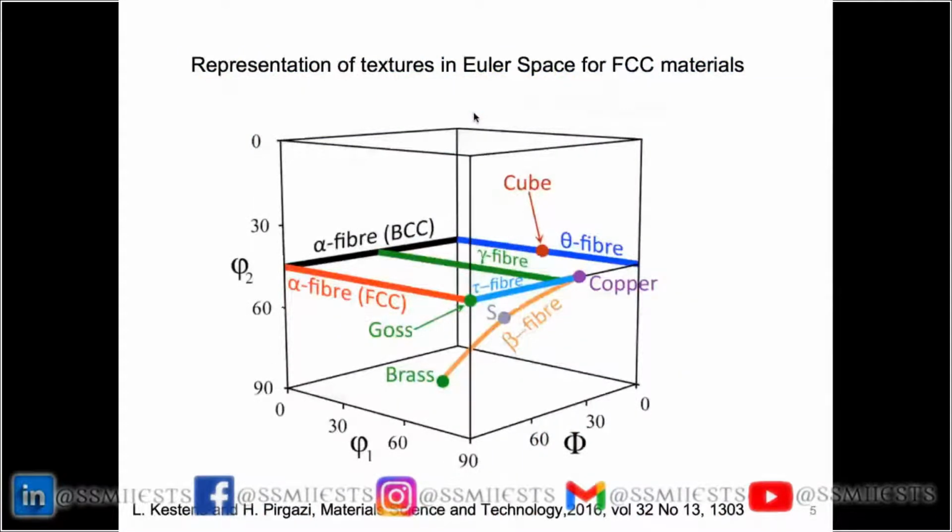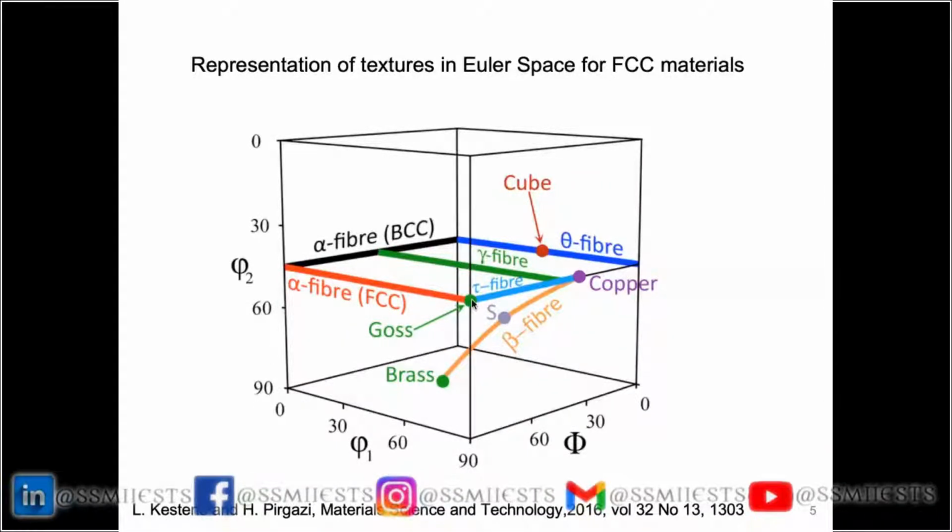So it has taken scientists a long while, in fact, to get a complete description of texture. Nowadays, normally we represent the texture of a material in Euler space. For example, this is the 0-90 degrees box of Euler space, and each point in this space represents a crystal orientation. For example, this point here is the cube orientation, this point here is the Gauss orientation, and you also may